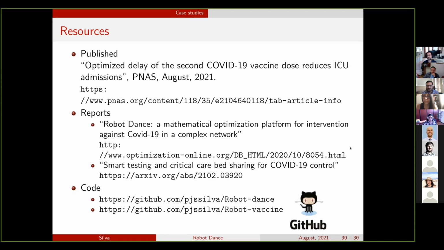Okay, but why didn't we put in our objective something like minimize the number of sick people? Because we know what the optimization method is going to do. It's going to say, okay, put everyone at home. If you do that with vaccination, the solution would be everyone will be at home until the vaccination campaign ends, and then people can go out.